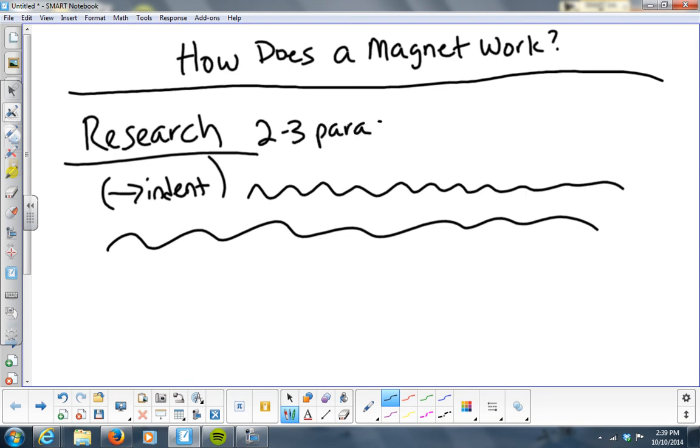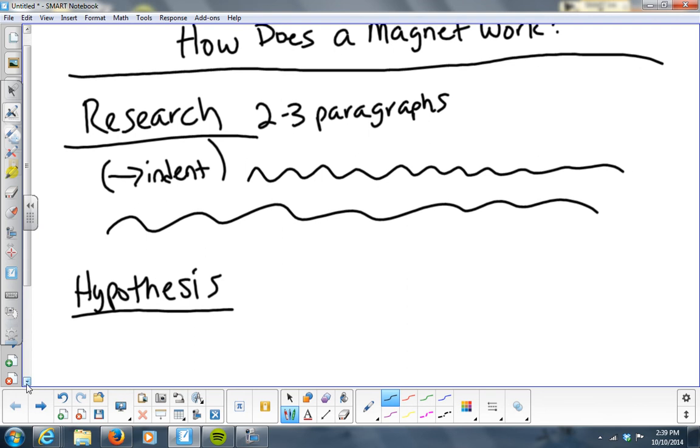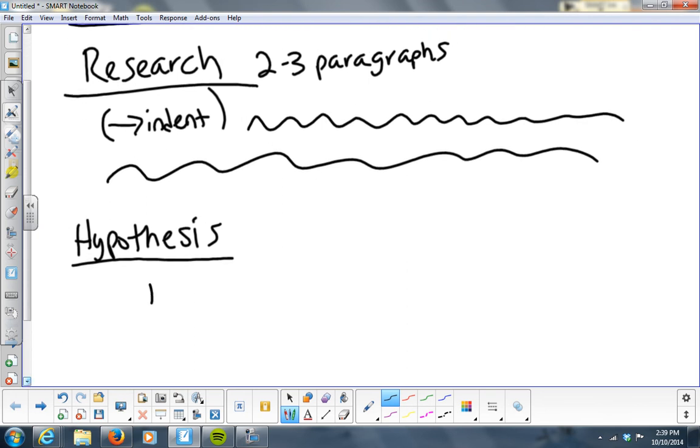If you have more, write more. 2 to 3 paragraphs. Then it's hypothesis. Okay, I think blah, blah, blah, blah, blah, because